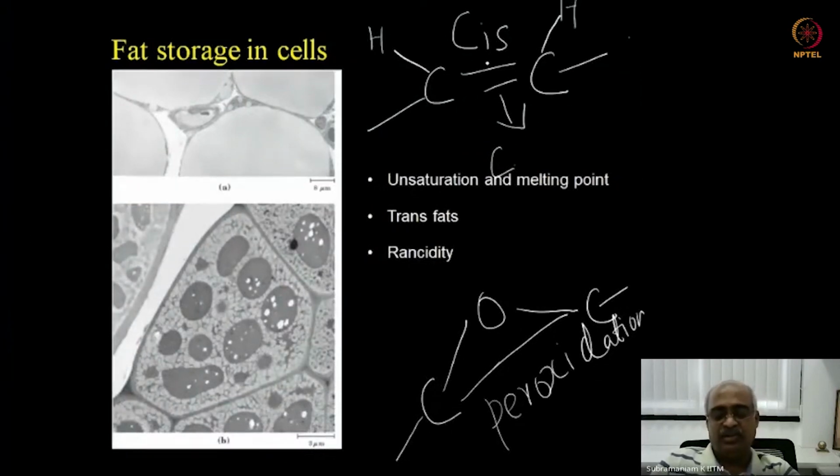And therefore, the bakery items made using trans fats were stable for longer. They could be stored longer without having the problem of rancidity. That is one. Second, people liked that texture. You know, they are crispier. If you have cookies made using trans fat like vanaspati or dalda, they are crispier, and people